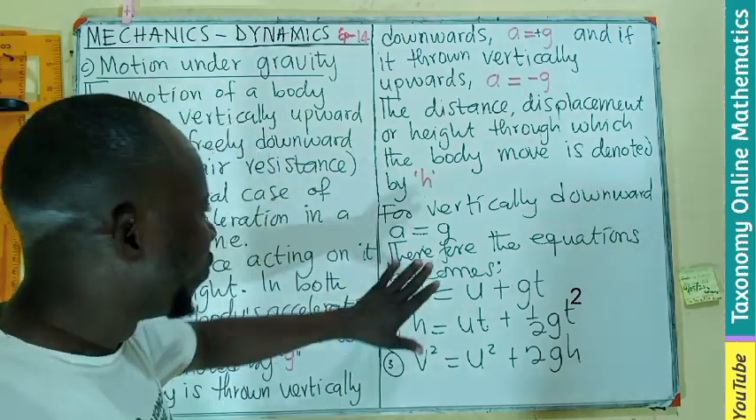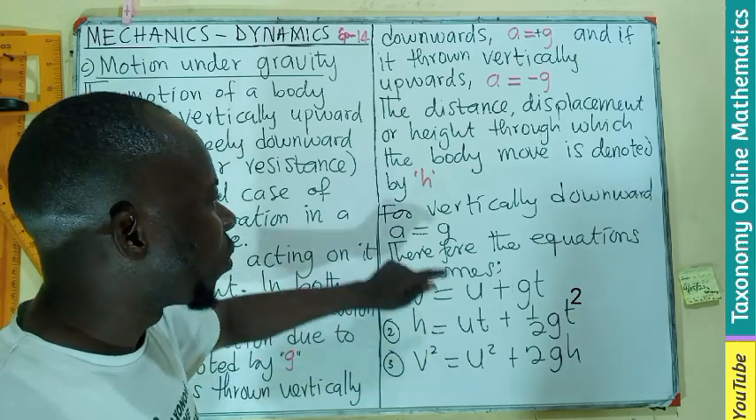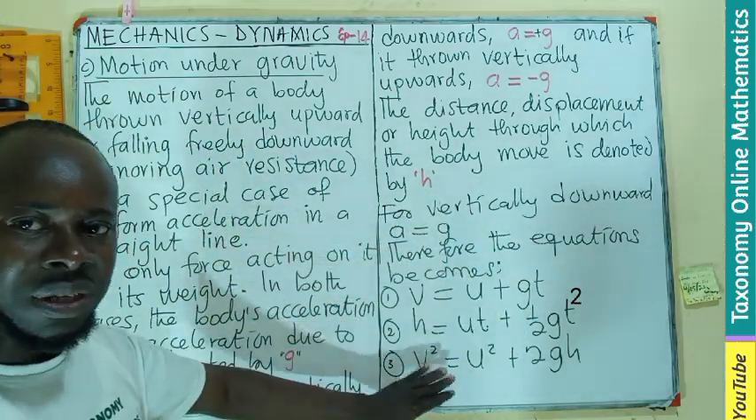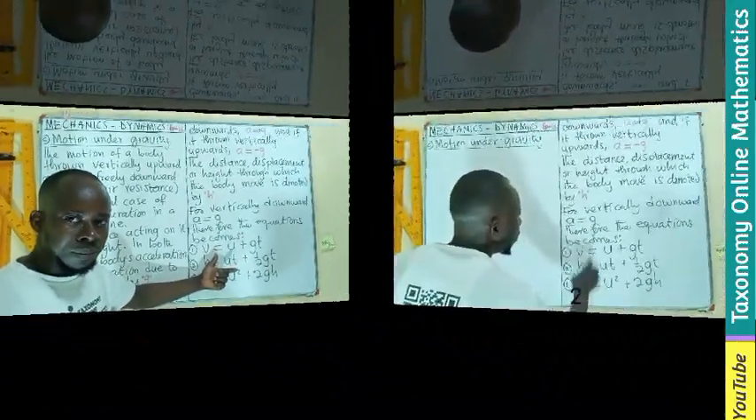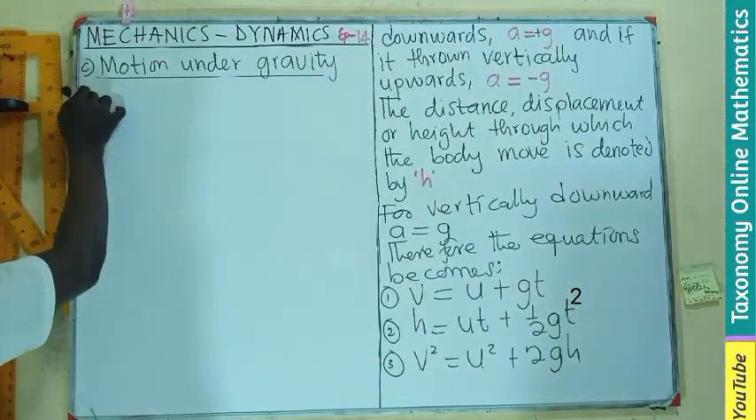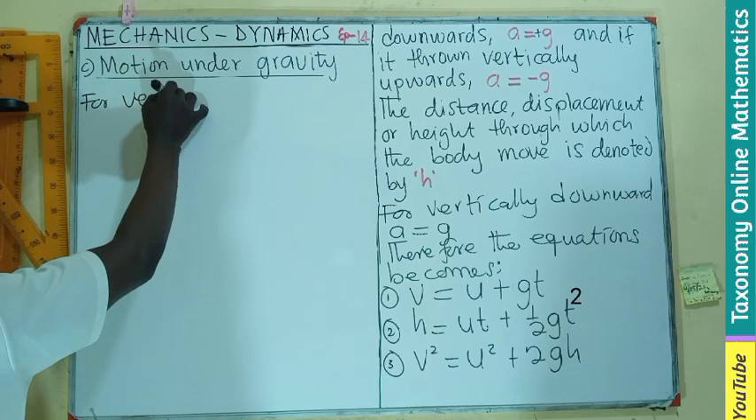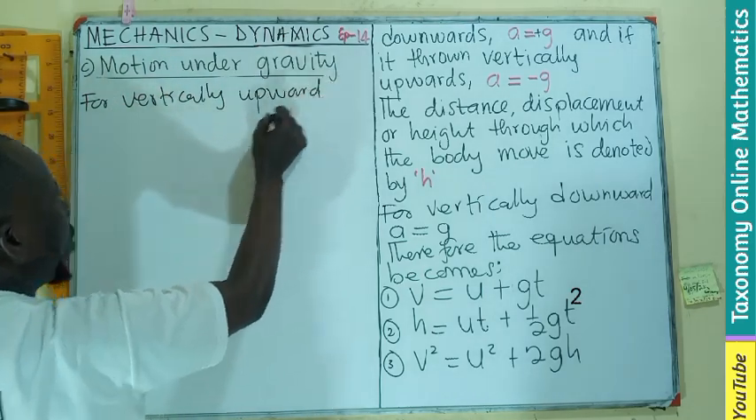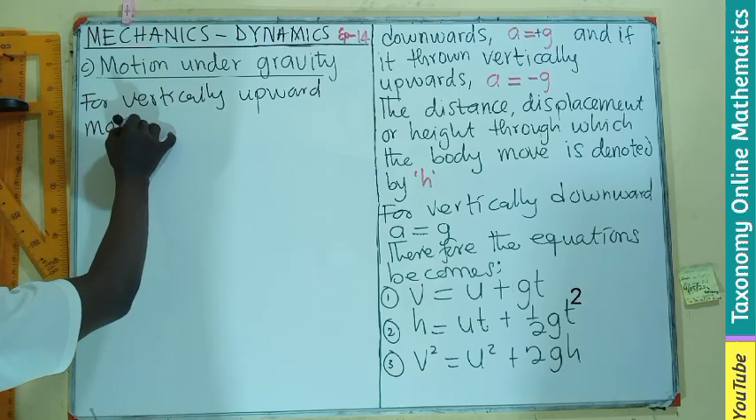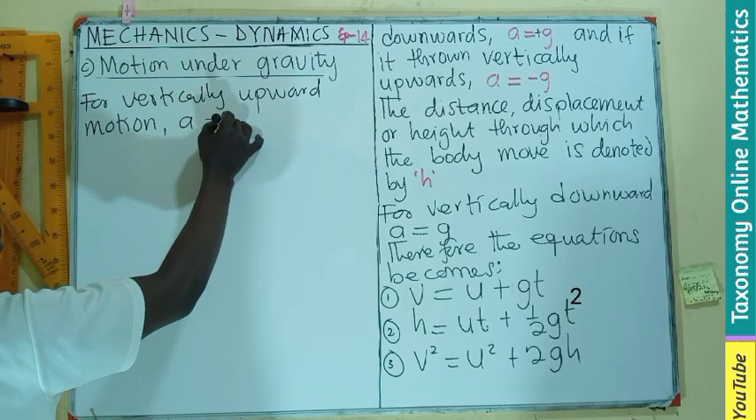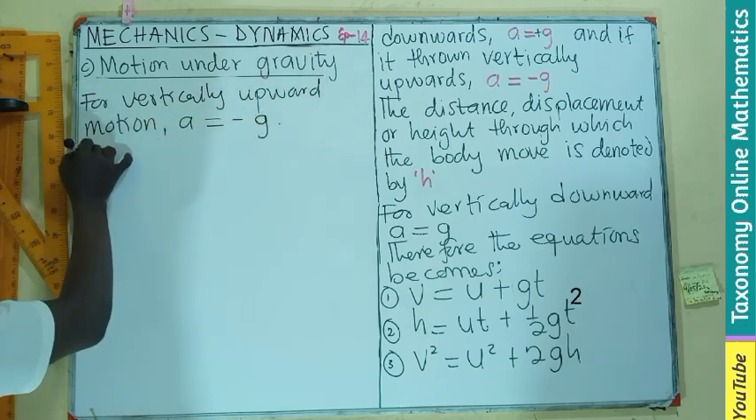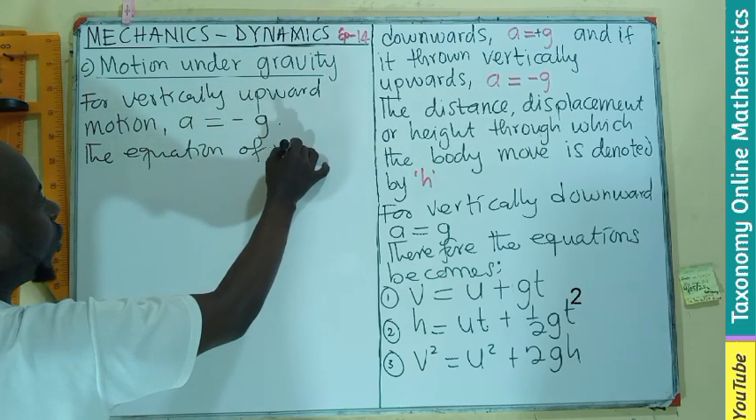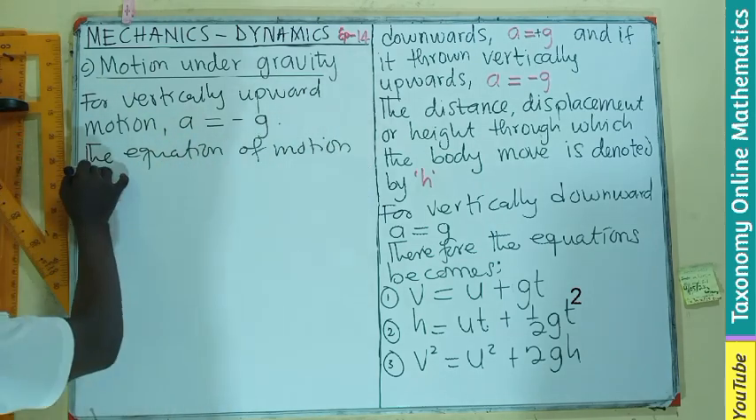All right. Now, if we pick this, then what if the body is thrown upward? What happens to these equations? Let's look at what that will also be. So we can say that for vertically upward motion, a now becomes negative g. The equations of motion become,